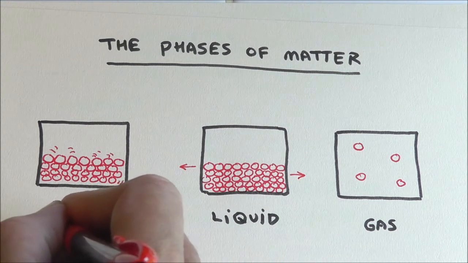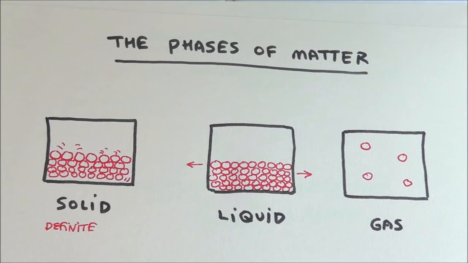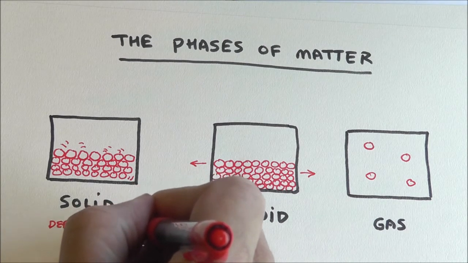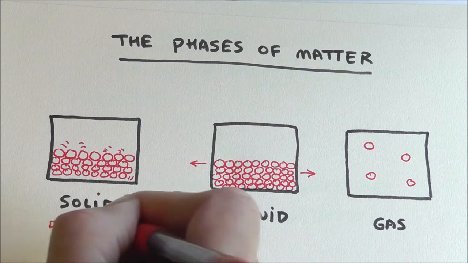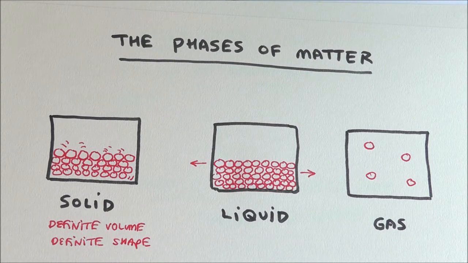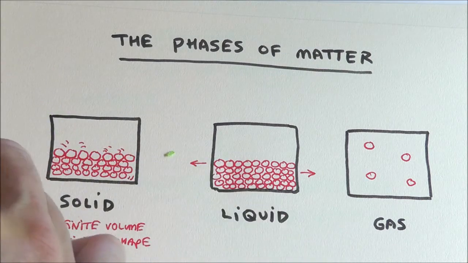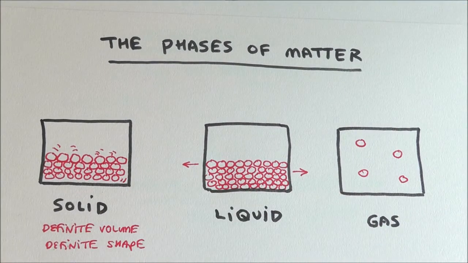So we say this has a definite, means not easily changed, definite volume and a definite shape. So that means if I were to go and do something like put some force on this piece of chalk, I could put it back together. I don't really have that kind of time. But you would find that it's just going to retain its shape no matter what container you put it in.